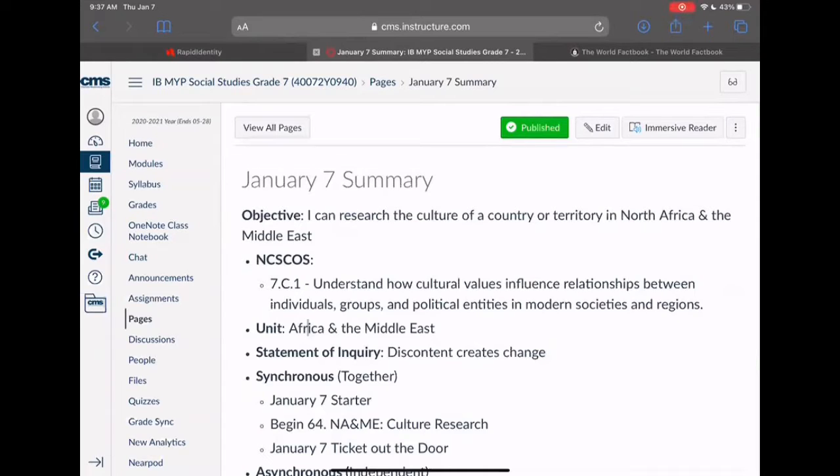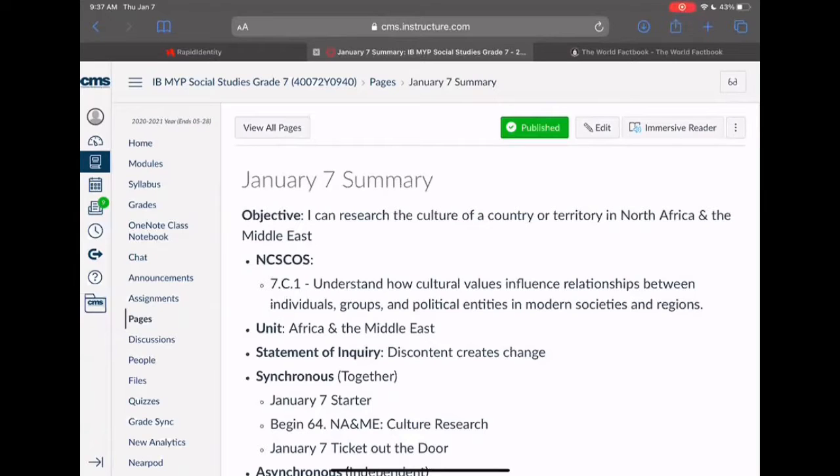So let's look at the summary for today. We're transitioning. We finished geography, but tomorrow you have that geography quiz, a 5-point map reading quiz as a starter. So make sure that you take the time now or today or in SEL time to ask as many questions as you want about map reading and to make sure that you are prepared for tomorrow's assessment.